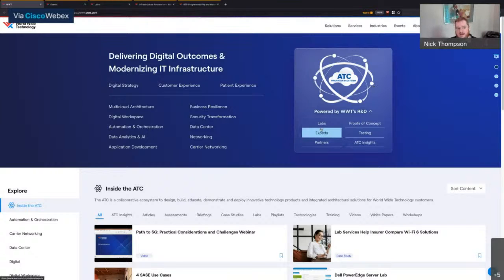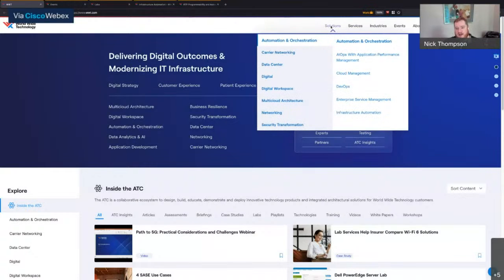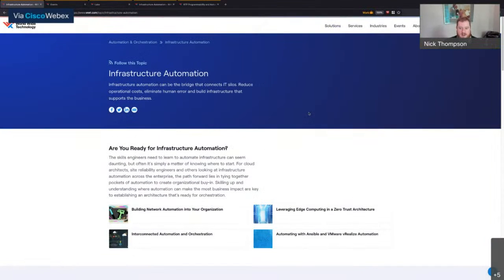But from there, once you're on the WWT.com platform, what I really wanted to do was just highlight a handful of different areas where we're really providing value to our customers in specifically the infrastructure automation space. But then from there, guide you to a bunch of different things that may be of interest at a later date. So across the top, you're going to see this link bar, right? You're going to see from Solutions through ATC. If I click on Solutions, the first tab that comes up is Automation and Orchestration, and then you're going to see Infrastructure Automation. So when I click on Infrastructure Automation, this is going to take you to the topic page